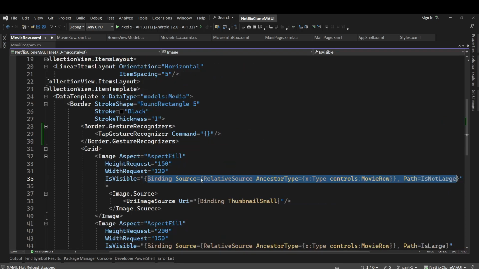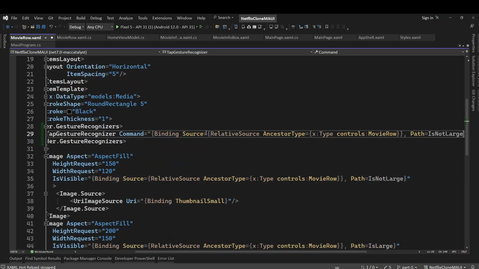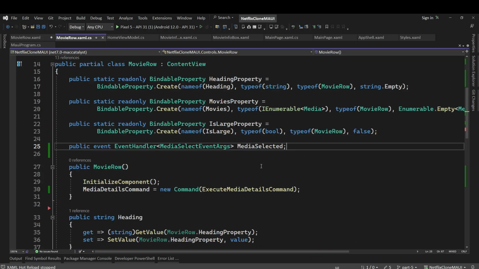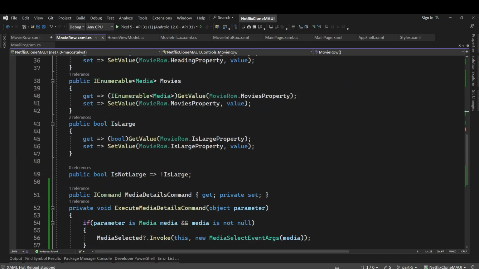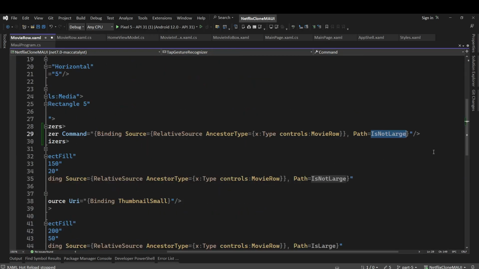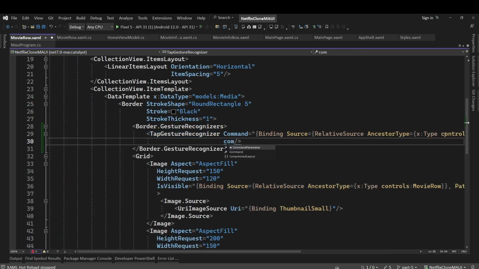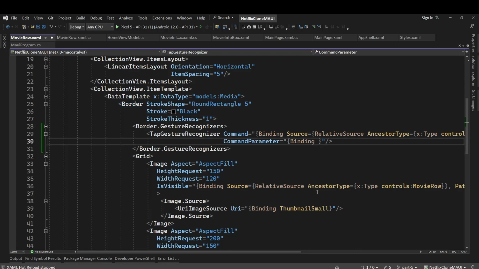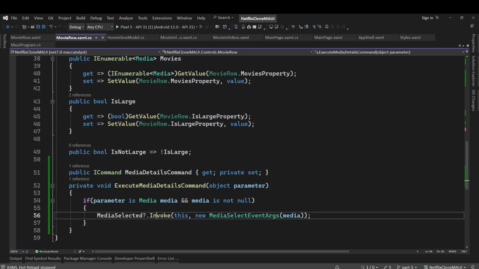So let me copy this thing and then from movie row the command name is media details command, and then command parameter is going to be complete media, which is the current item. So let me have it dot. Fine. So when we click on this, it will trigger this command, or from here we will trigger this